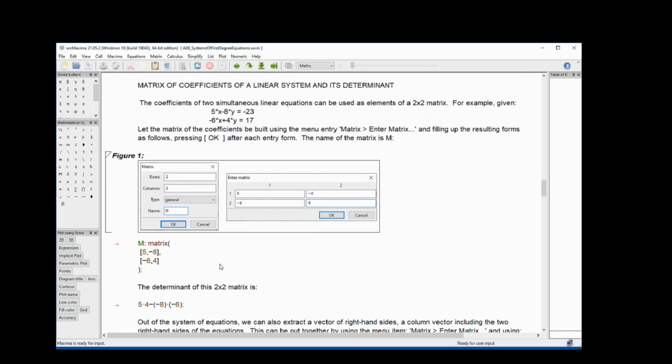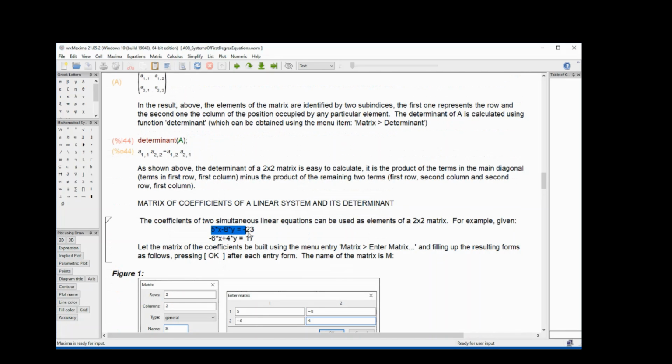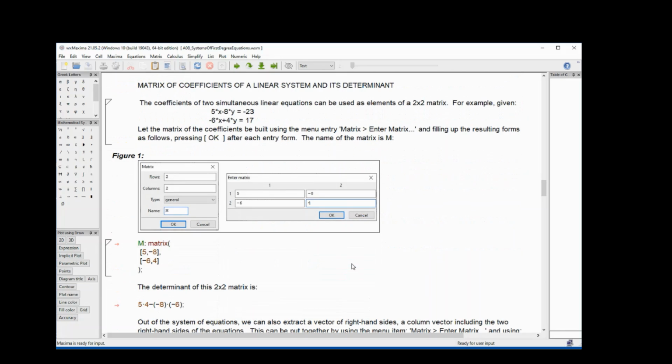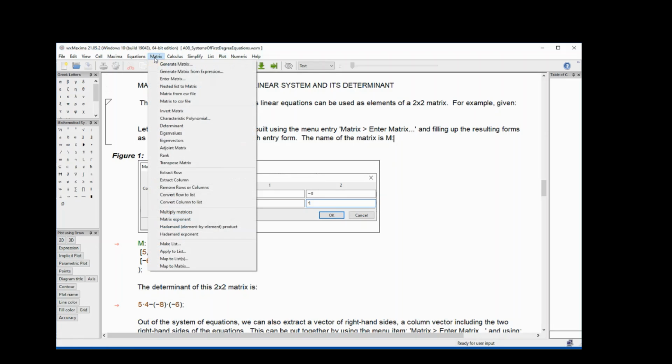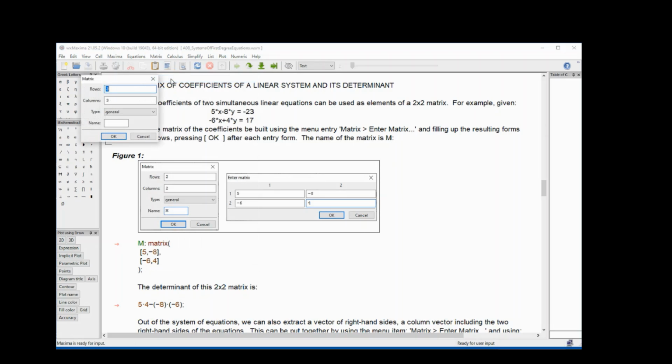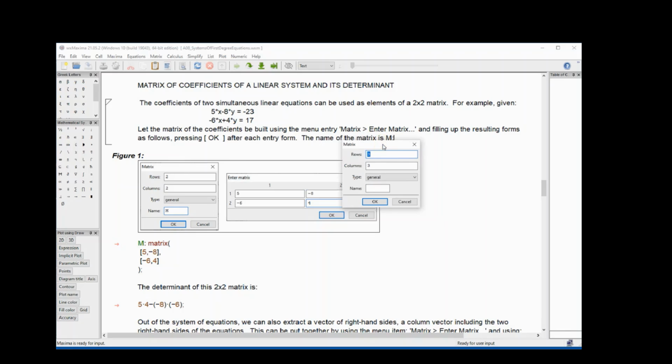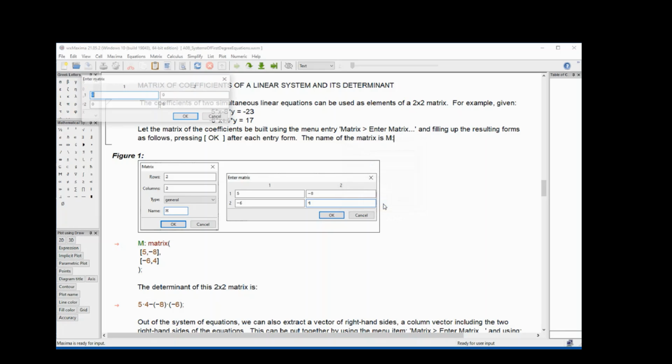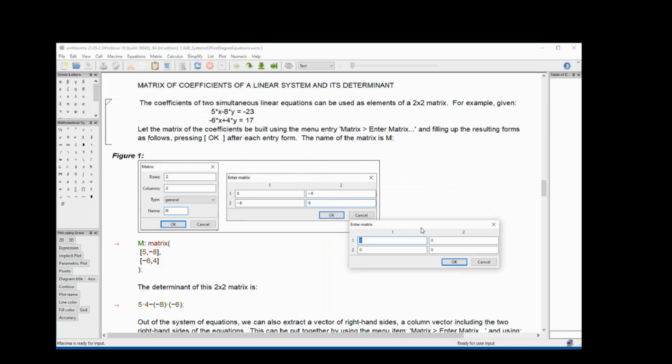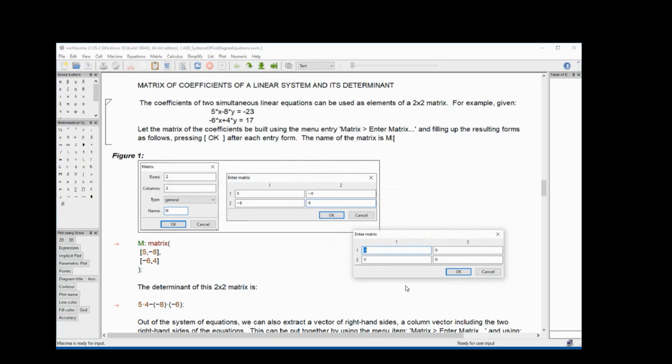If we want to create the matrix of coefficients of a system of equations, what we want to do is go into the matrix menu and say enter matrix. And so we're going to enter a 2x2 matrix. Basically what we're going to do is take the coefficients in here as the rows and columns. And it says give it a name. Okay, we're going to name it M for matrix, general type. And we're going to say OK. Then you get this entry with the shape of the matrix where we're going to enter the values